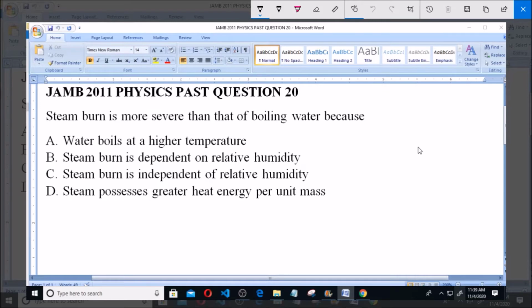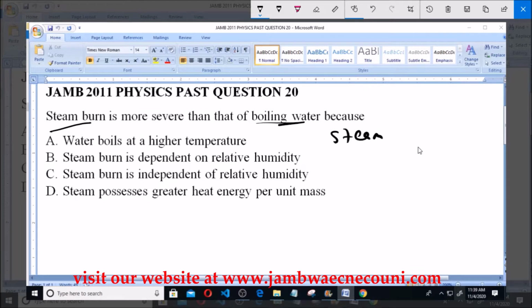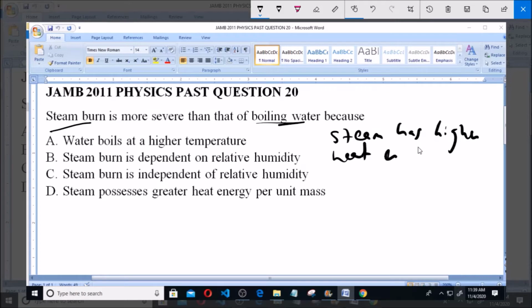So I asked for the reason why a steam burn is more severe than a boiling water burn. Now the answer to this is actually simple. It is actually because steam has higher heat energy per unit mass than water. Okay, now as proof of this, specific latent heat